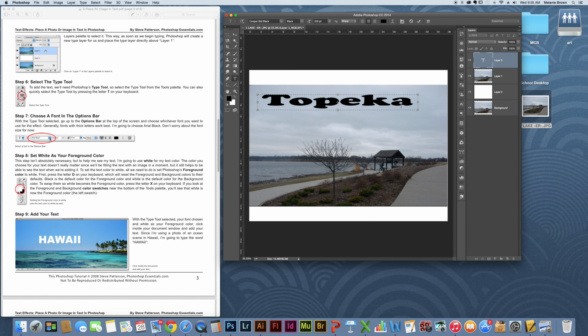Excuse me, I should have made this white. I'm highlighting Topeka, double clicking here and selecting white. That is our white font. Now I'm gonna go back to the Move tool, and then I'm going to hit Command T,